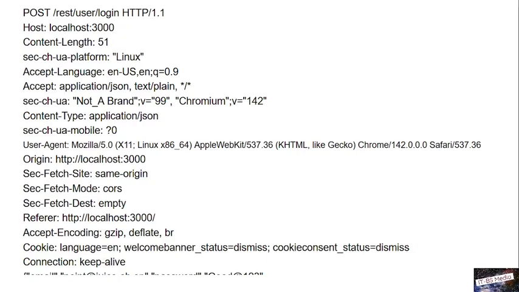That POST is a method because you have different HTTP methods. You have GET, POST, PUT, PATCH, DELETE, OPTIONS, and more. It depends on what the application and the client side want to do that will determine the type of method